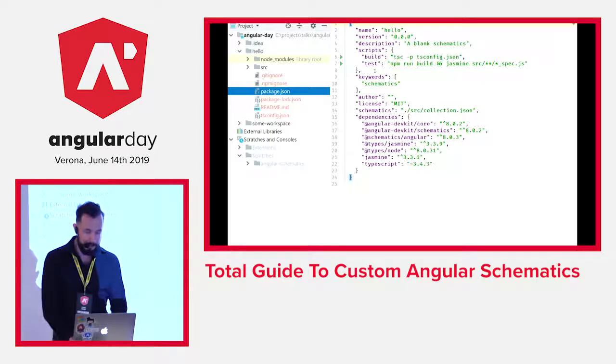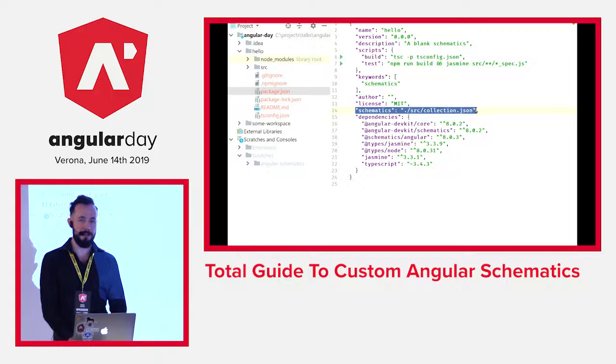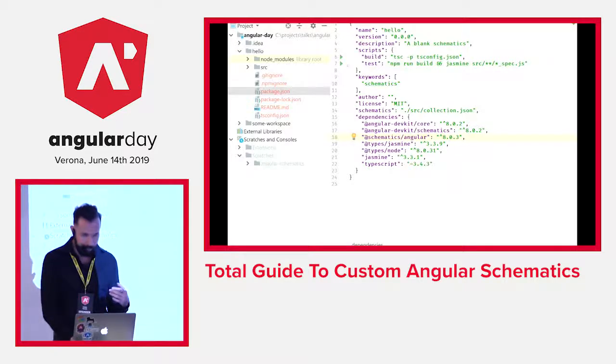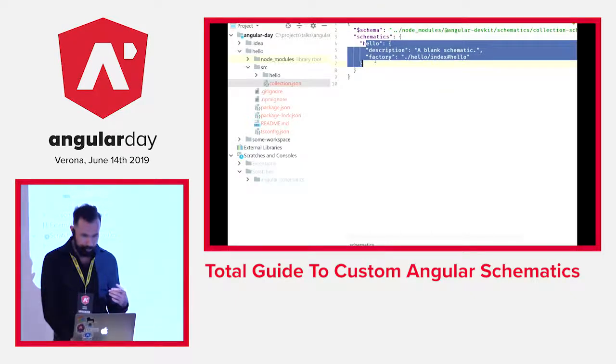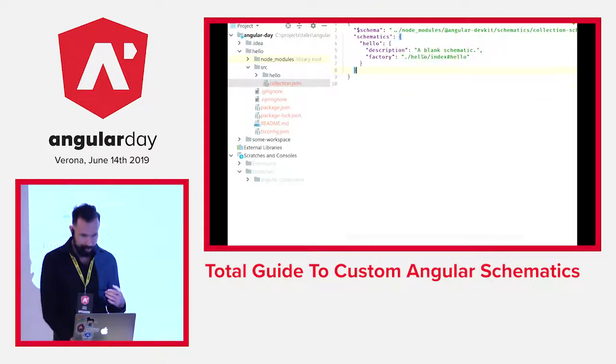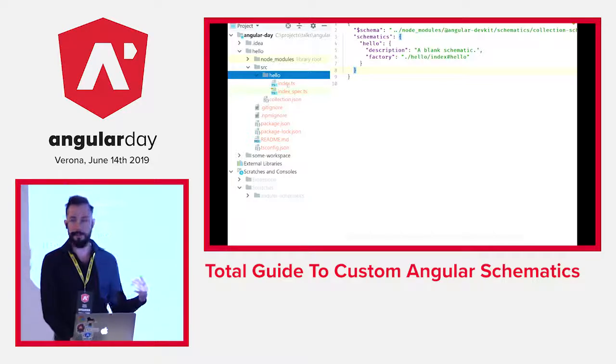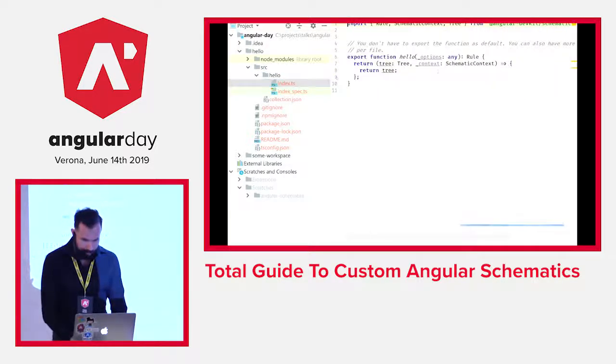But what is new is this schematic field here, which points to collection.json, which is kind of like the heart of the schematic project, which contains all the definitions of all the available schematics. So currently, we will have here only this hello, and as you can see, it points to the hello folder, and there is this index file which contains actually the implementation of this custom schematic, and this has two main